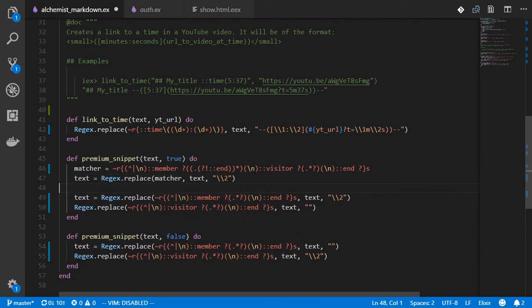Reason is, this is actually a really expensive thing to do, because every single character in the episode content, which as you can see can be like a whole blog post sized thing, every single character we're checking, is the next character a colon? Is the one after that a colon? Is that followed by END? And we don't have to do that. What we can do instead is we can just check to see if the character is a colon or not. So instead of matching everything here, we're going to change this to everything that is not a colon, or a colon followed by :